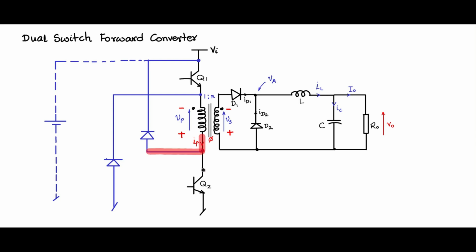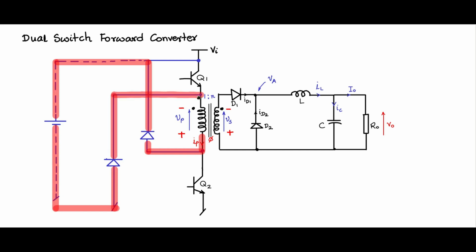IP flows here. Now as Q2 is off, current flows in this direction through this diode and then into the supply. So I am indicating the supply here, it goes into the supply, and this comes in this direction through this diode up there again and then down, maintaining the same direction of current flow in the primary. Only now the dot end is negative, non-dot end is positive, so it is demagnetizing. So this coil is acting like a demagnetizing winding during the 1 minus D period, because the secondary side is open, this diode is off.